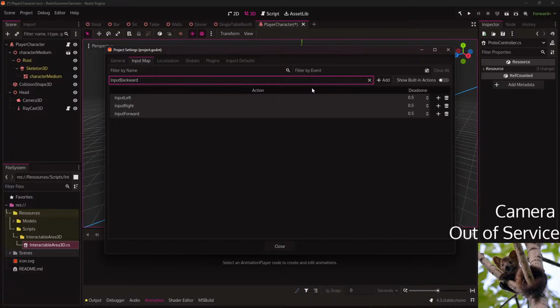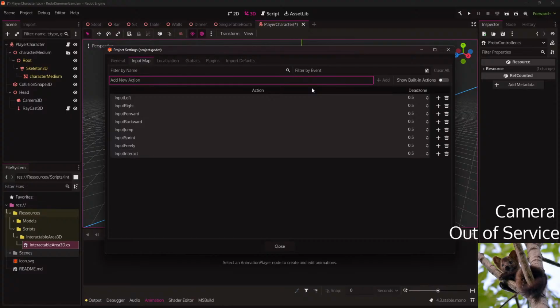Am I not allowed to jump? And sprint. Sprint's probably fine. Input freely, we're probably gonna disable as well.